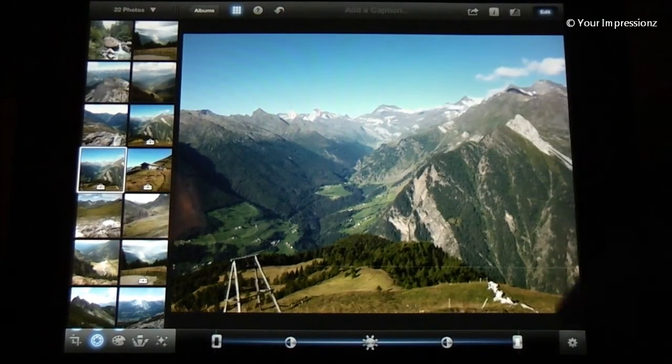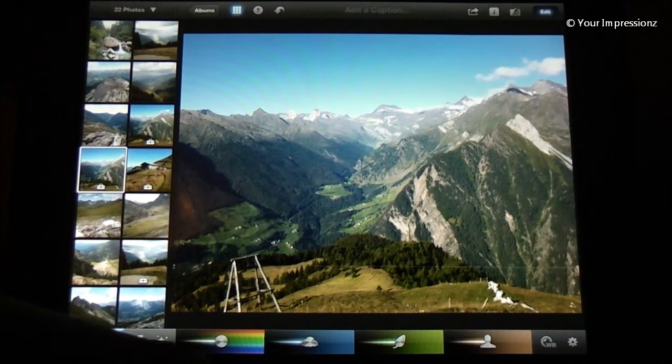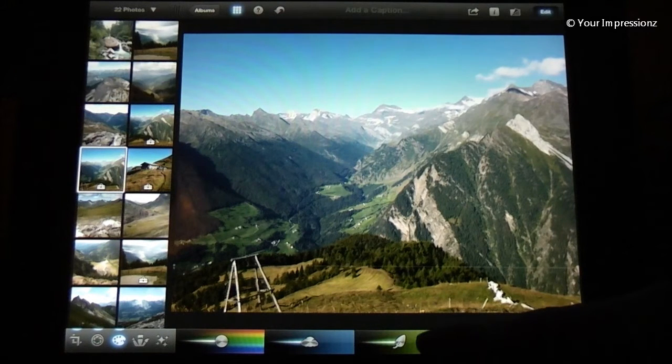Well, then we're going to the color button. There are 4 effects that you can apply here. The first one, the most to the left, is the saturation effect. The second one is the blue sky, so you can make skies more blue. The next one is the greenery effect, right here, and this one is the skin tone effect, and furthermore you